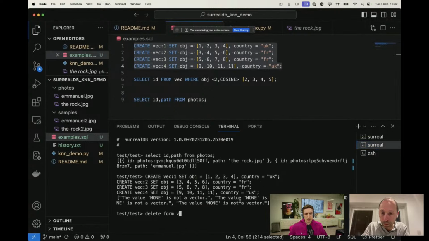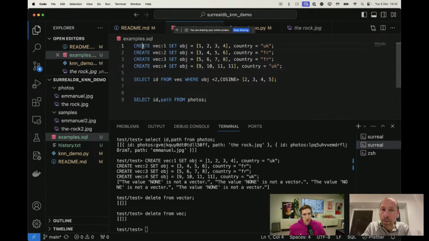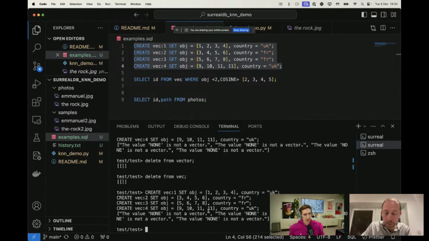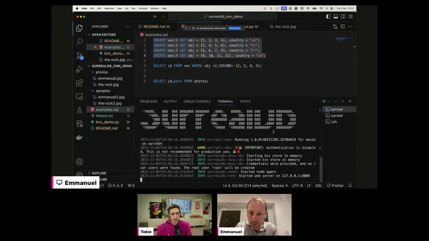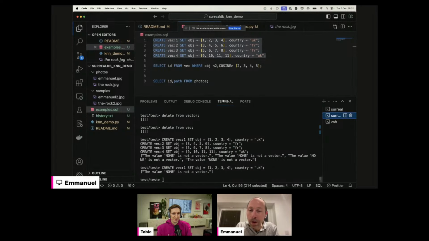While you're doing that, I think it's important to add that you can have multiple vectors inside a record. You could have 3 paragraphs or a whole chat conversation with the vector embedding right next to each piece of text for a chat thread or anything like that. Again, it comes back to the flexibility of Surreal, which enables you as a developer to choose how you want to store that data, depending on how you want to query that data later on. So as Emmanuel said, you can store the vectors right alongside the metadata, or you can store multiple vectors alongside that metadata. Exactly.